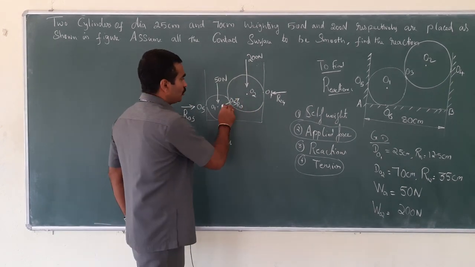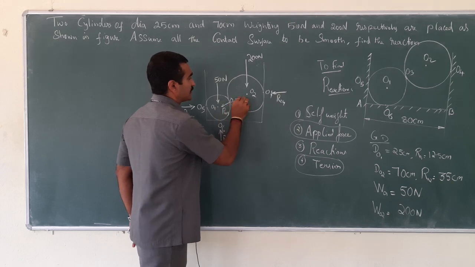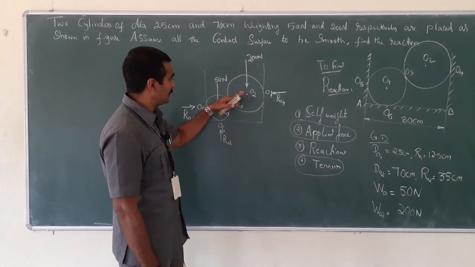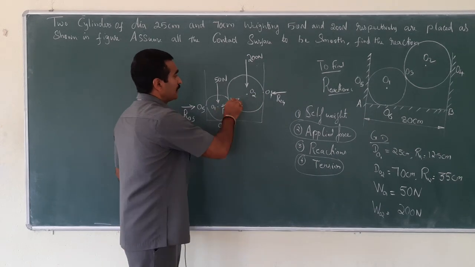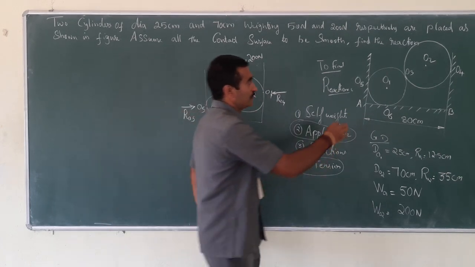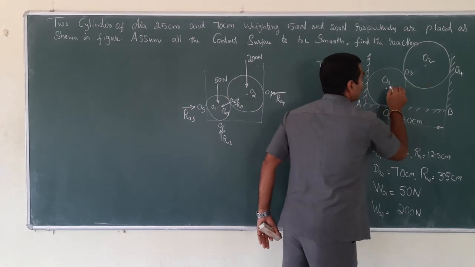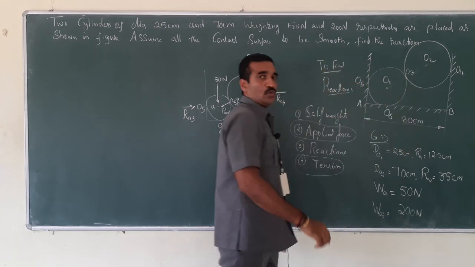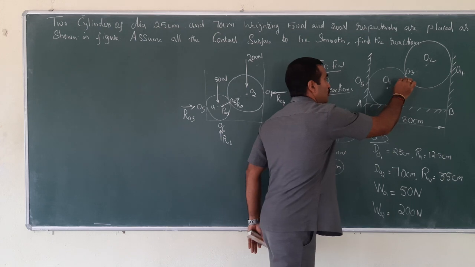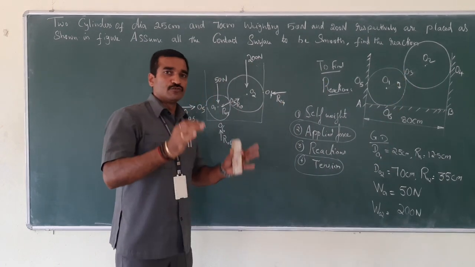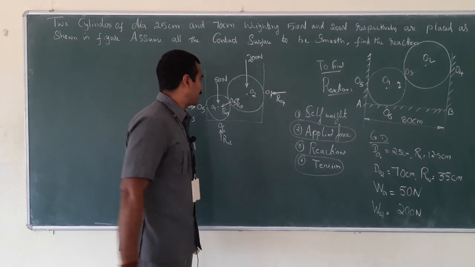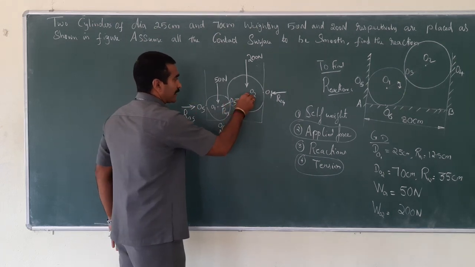So now I need to know the inclination of this reaction, because that is inclined. If you just connect center to center, that is inclined. So if you look at here, if you just connect here, this inclination we need to know. Right? How to find that inclination? Just observe carefully. If I connect this,